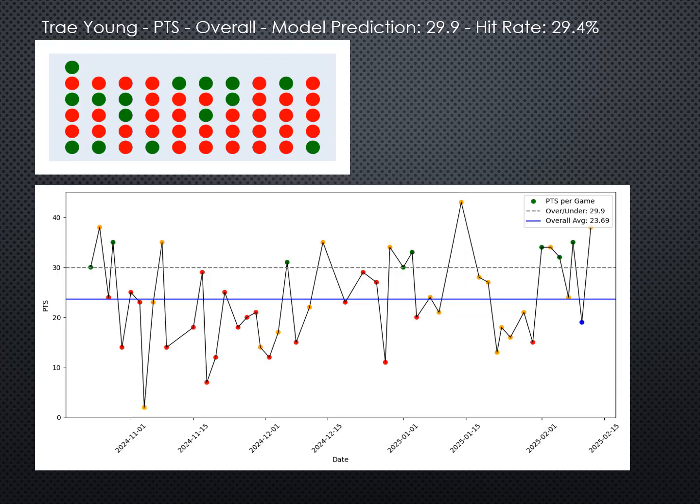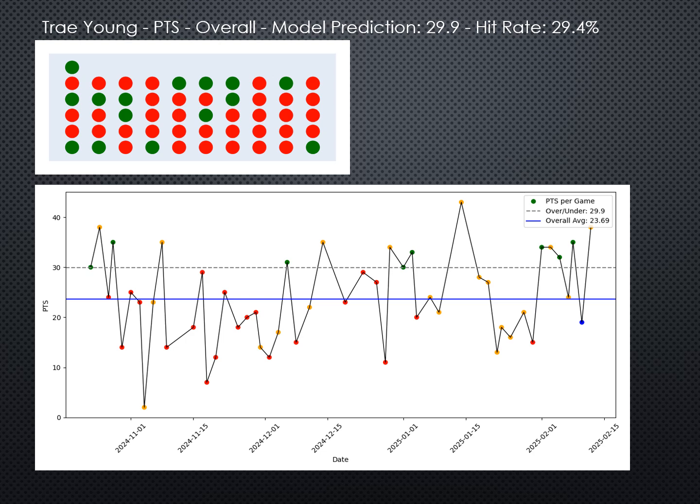Lastly, I'm going to show you just this first slide. I have more slides. I'm going to do another video for all the player stats for these Thursday night games. These are ones that will be predicted by the model as most likely to hit their stat. So Trey's been a little hotter as of recently. As you can see in the legend on the top right, the dots are the points they've had in all of the previous games. The dashed line is the predicted score. So the model is predicting, as you can see at the top,